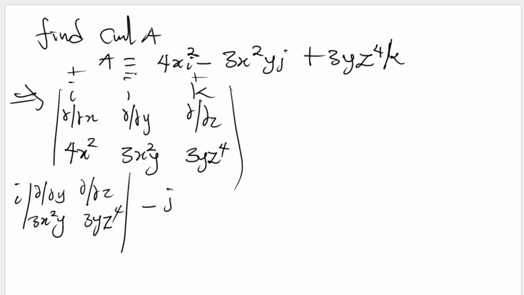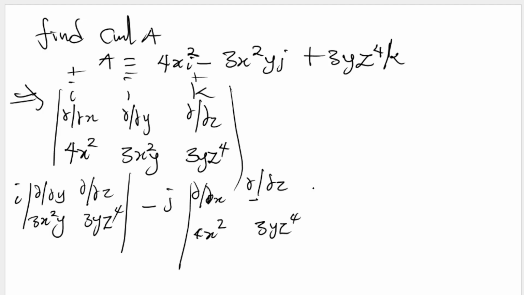Now remember, your j is having a minus sign here. Since your j is having a minus sign, you simply have your j component to be partial x, which is your i component, and 4x square. And on this side, we have partial of partial z of